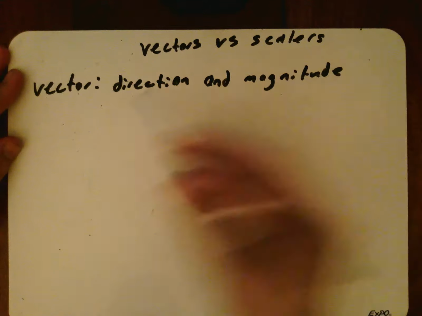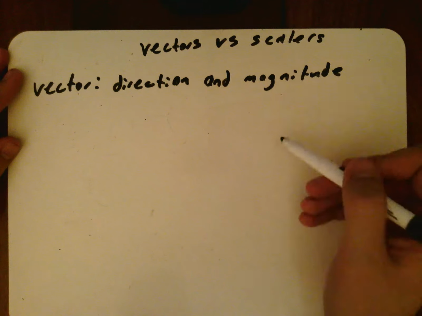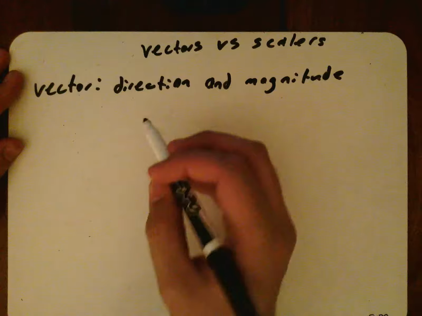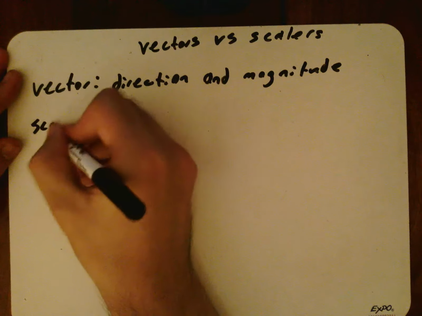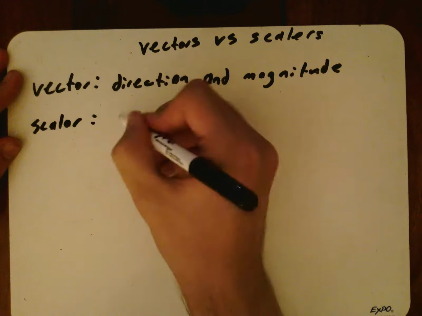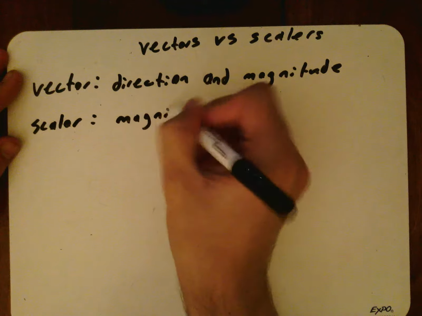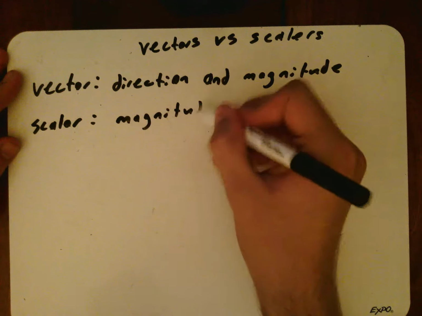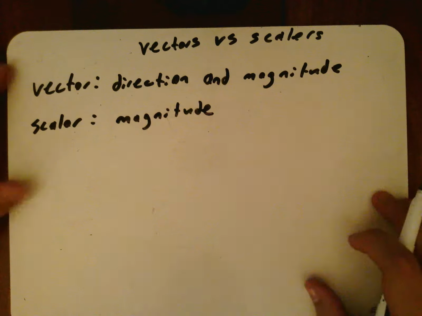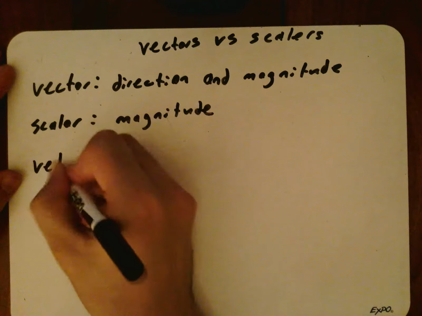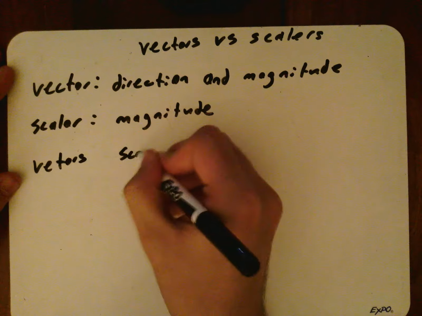Alright? In class I said it's something with a direction and then a number with units. That number is called a magnitude. So my scalar is just my magnitude. Okay. So if I have vectors and scalars and I want to make a list,